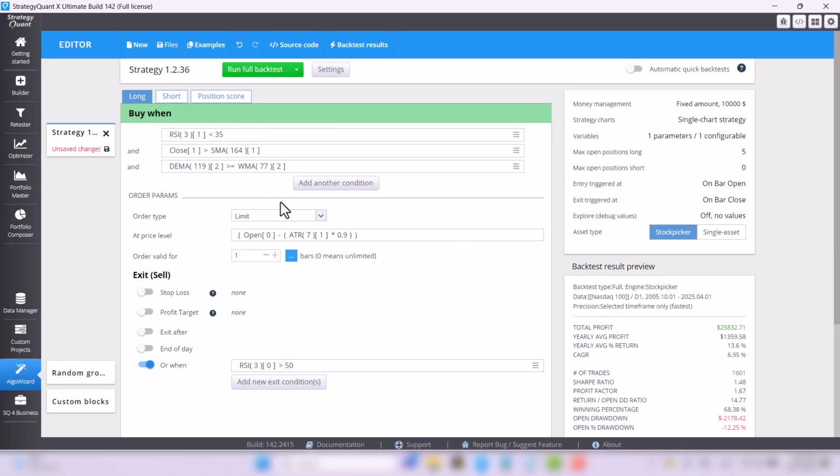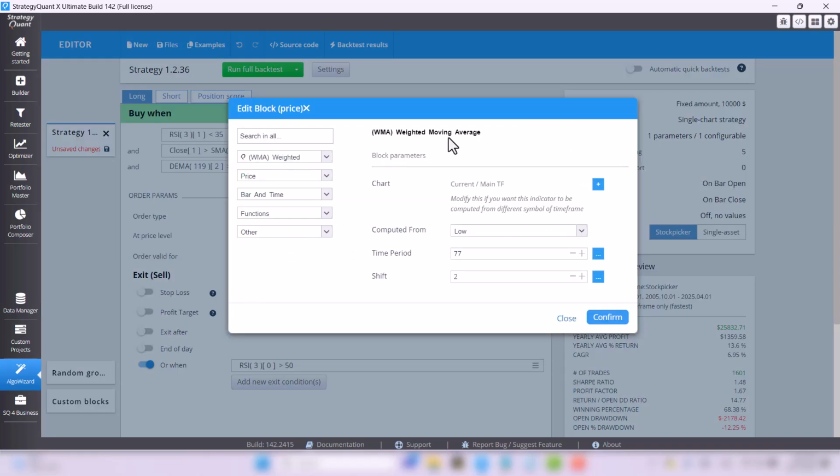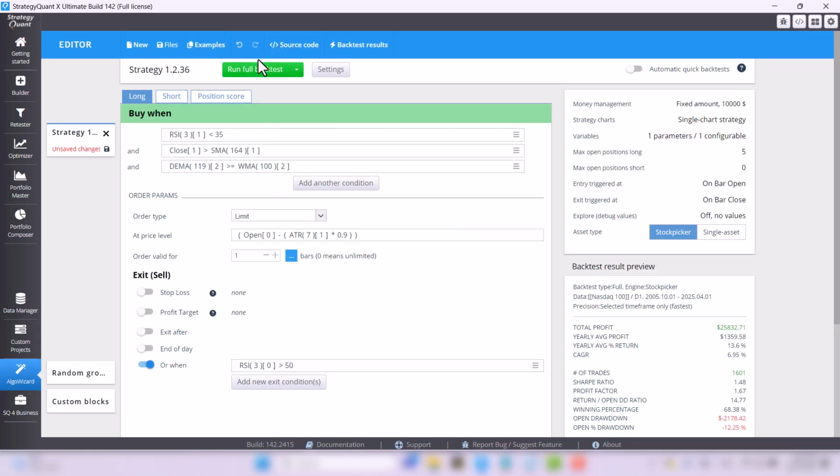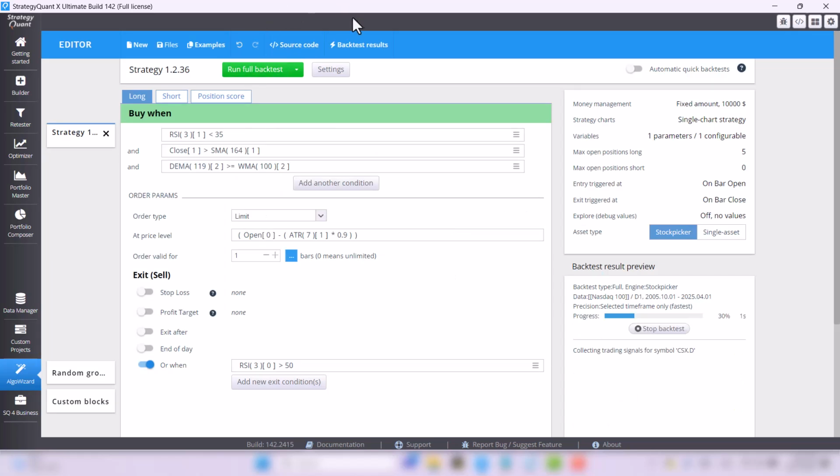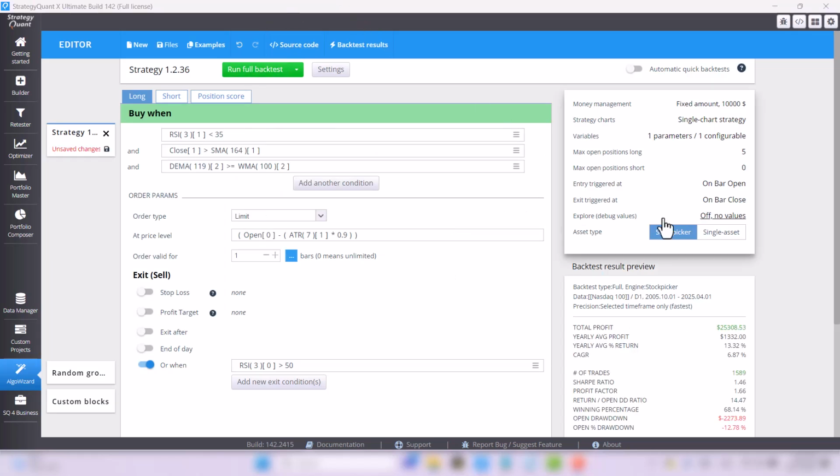For the WMA, or weighted moving average, I will change the period from 77 to 100. The profit factor has changed slightly, but nothing big.